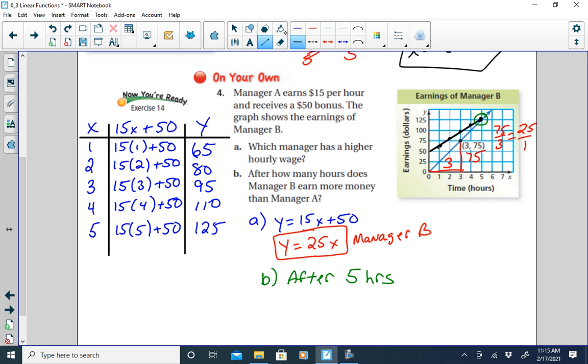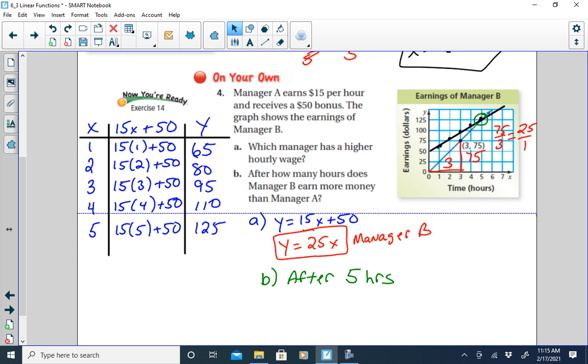If I extend that black line, we see the blue line is going to be higher than the black line. But we can also do it mathematically. We'd have